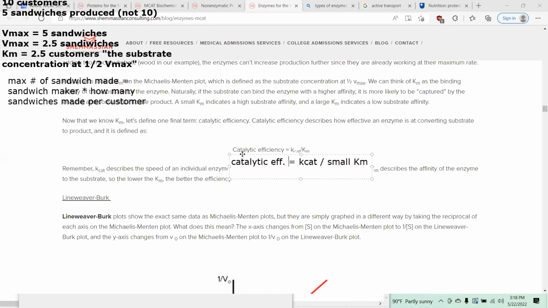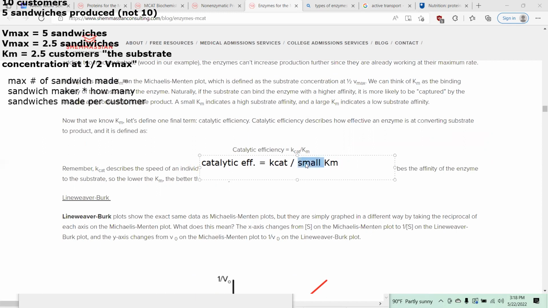So what I'm saying is, if I decrease my Km, that's going to increase my catalytic efficiency. And that makes sense because the catalytic efficiency is how effective the enzyme is at converting substrate to product. And if small Km, that means high affinity. So if it's a high affinity enzyme, it's going to be more catalytically efficient. That makes sense. Now let's think about